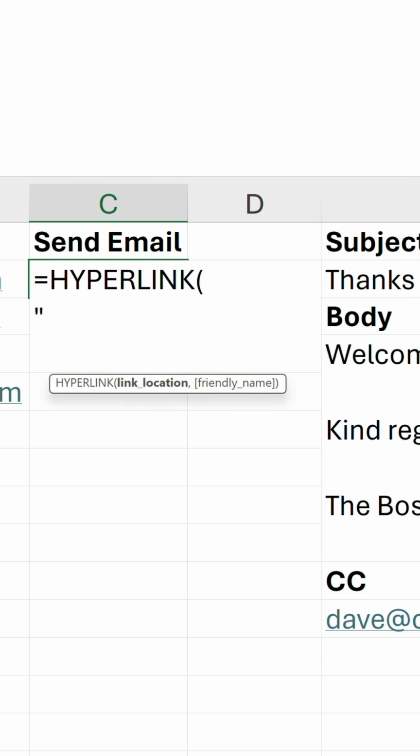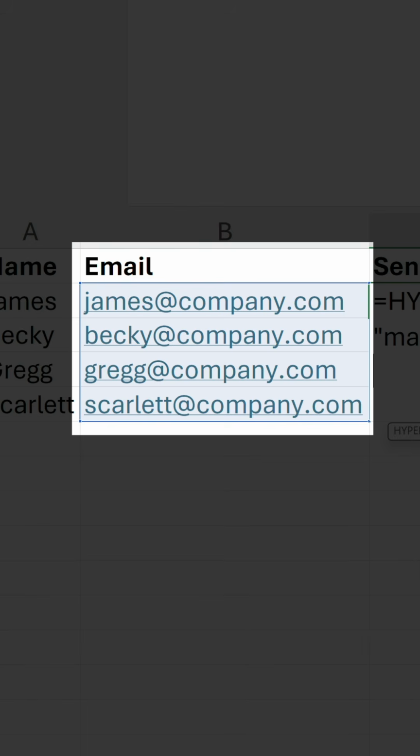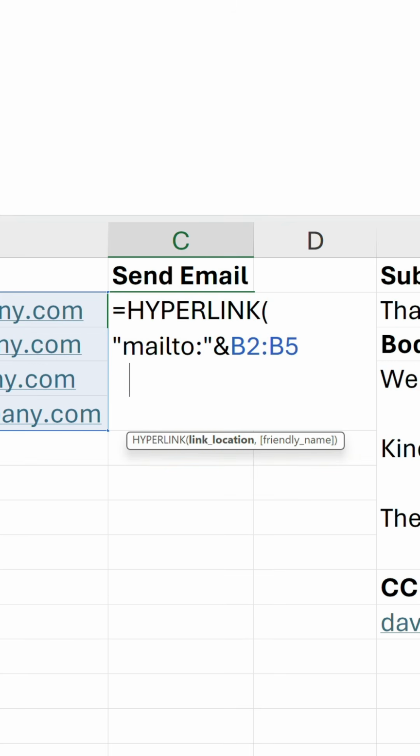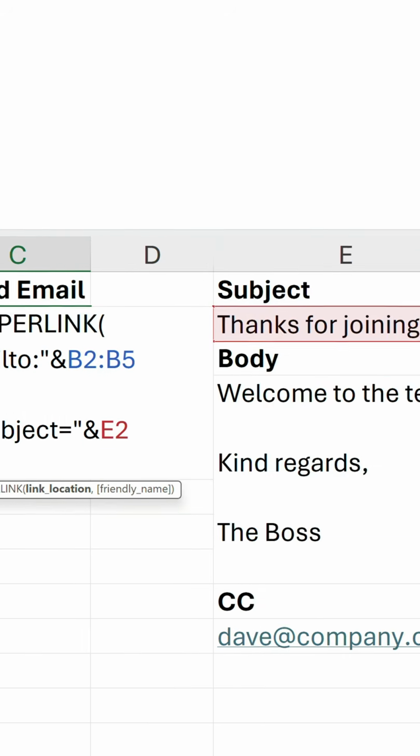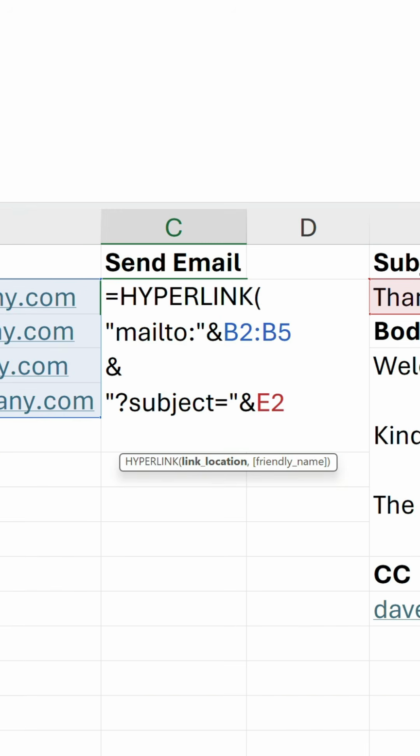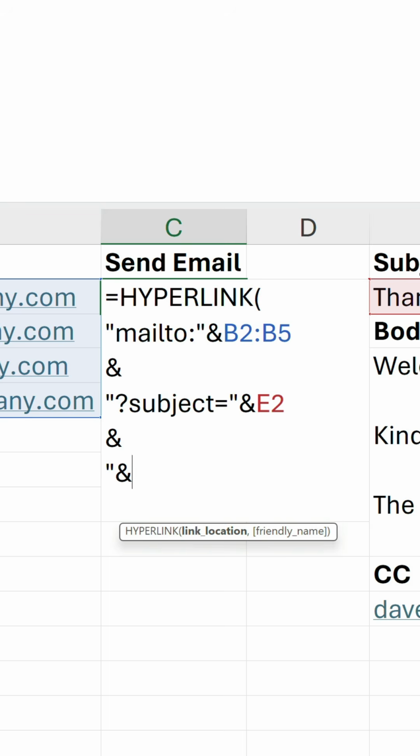To start with, let's use the parameter mailto, in quotations, followed by an ampersand and the range referencing the emails. Then I'll put an ampersand to join the next parameter, subject equals, in quotations again, another ampersand followed by the subject text reference. I'm sure you get the idea by now, so I'll go ahead and structure the rest of